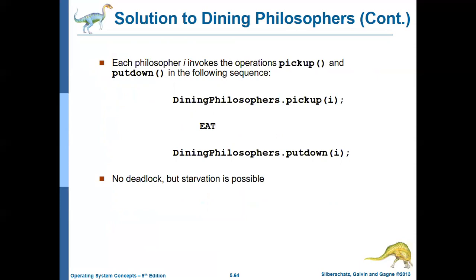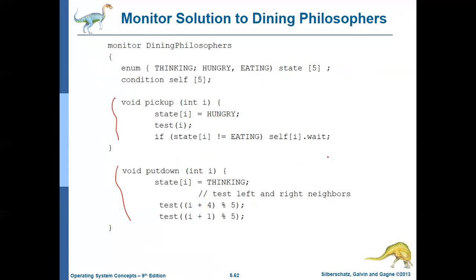So we have to write a main code for that, where we'll be picking up the first process by the dining philosopher, the ith philosopher, is to pick up the chopstick. So we have to call the pickup function, and then he will be eating, and after that he'll be putting down the chopstick, the same person, ith philosopher. Okay, so the first pickup function will be invoked. Now let us see what is inside the pickup function.